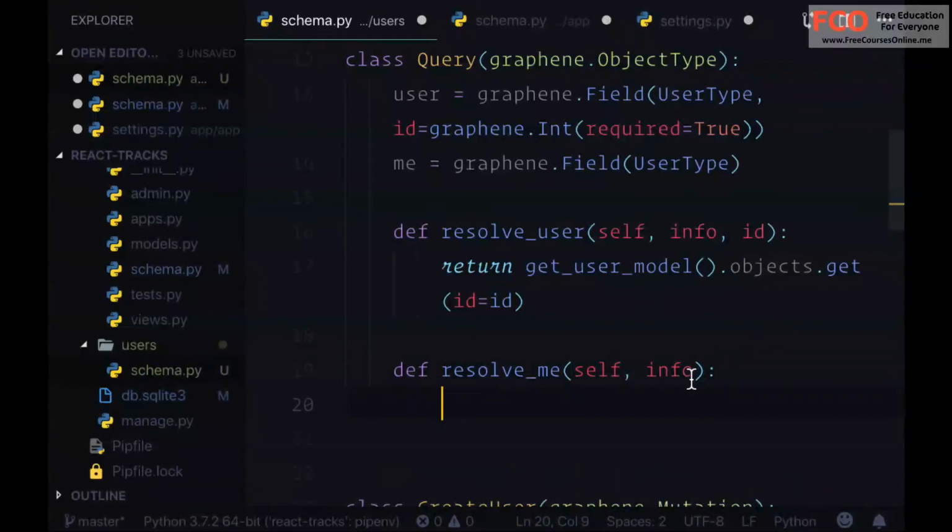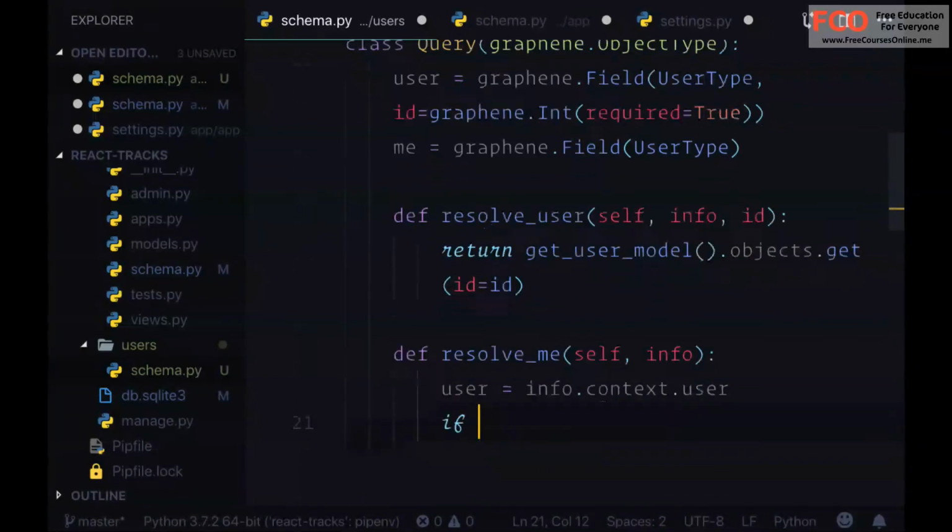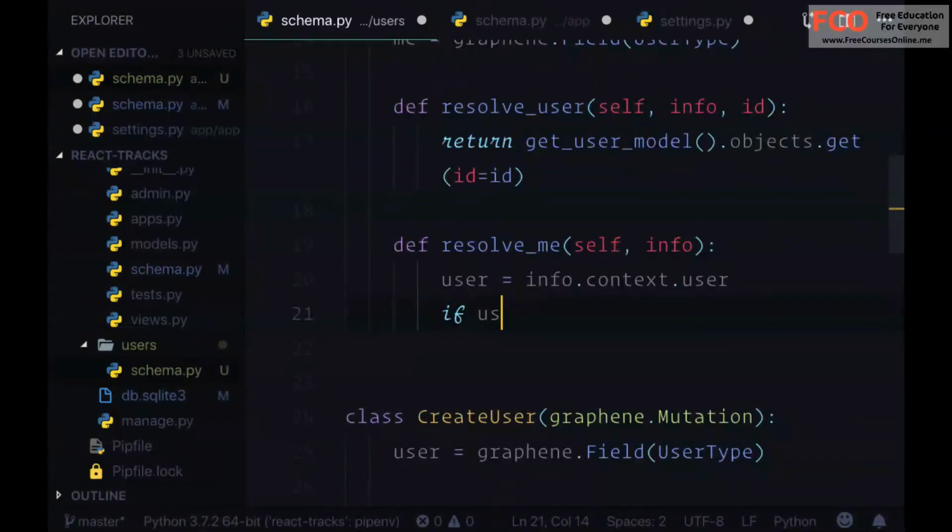And now we're going to make use of this context value. We're going to use context from info in order to check to see if we have a currently authenticated user. So we can say that our user is set equal to info.context.user, and if we don't have a user, if user has a property on it called isAnonymous, and that's set to